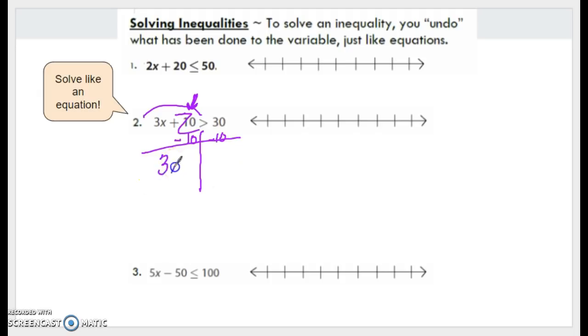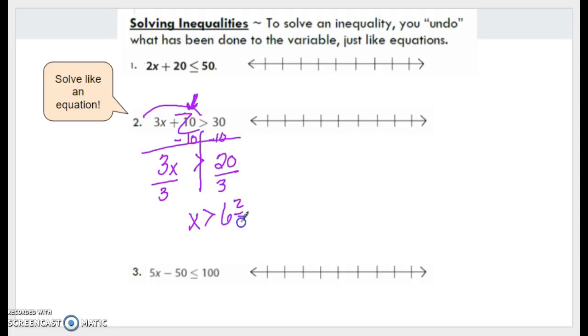That leaves us with 3x greater than 30 minus 10 is 20. So 3 times something gives us 20. Well, that's obviously not a whole number because 3 times 7 is 21. So it's going to be a decimal or a fraction. So we're going to divide this side by 3, divide this side by 3, and x is going to be greater than